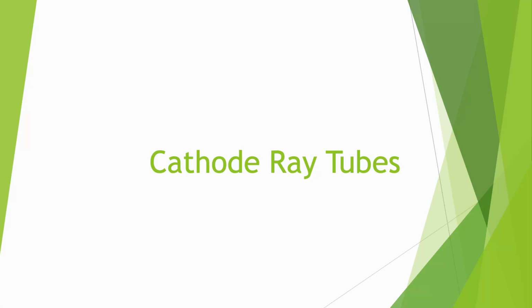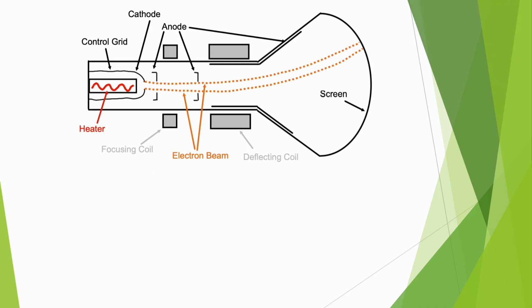Hi, today we are looking at cathode ray tubes. So we'll start out by looking at a diagram of a cathode ray tube. This is a rough sketch of one, parts of it have been elongated to make it easier to see what's going on. But essentially we can see on the left side of the diagram we have a heater and